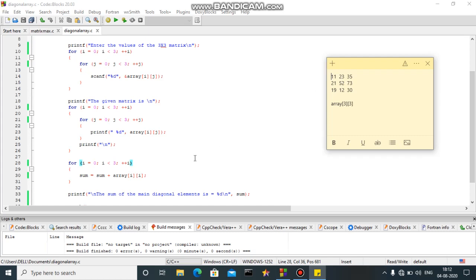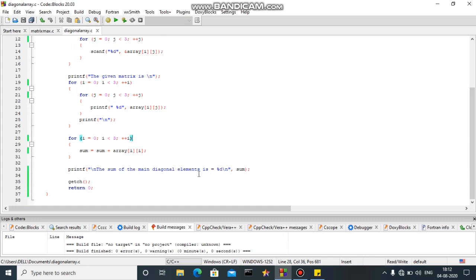Then next time when the loop iterates, the index values will be 2 2, so 52 will be added to the previous sum, and for the third time it will be 3 3, therefore 30 will be added to that value, and the final sum will be calculated. And as the last step, we'll have to print the value of the addition for the user on the screen.